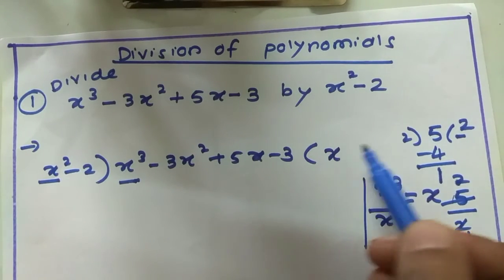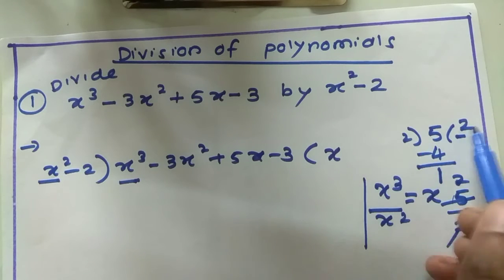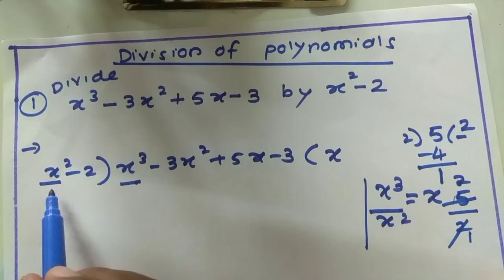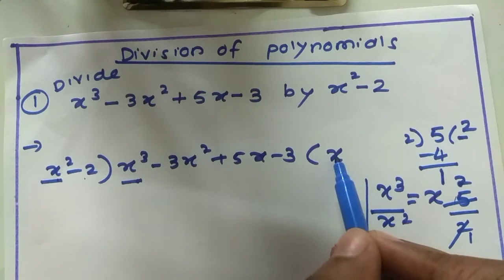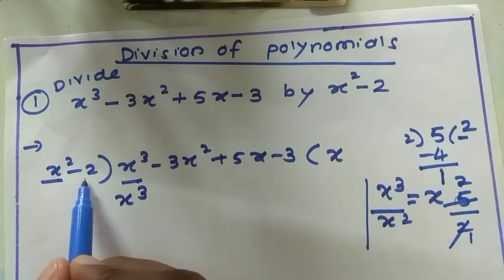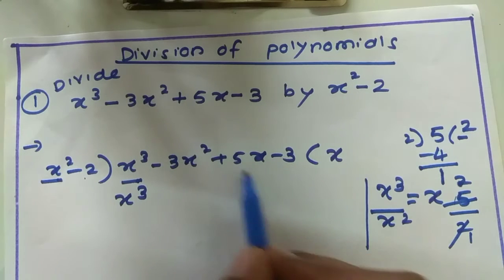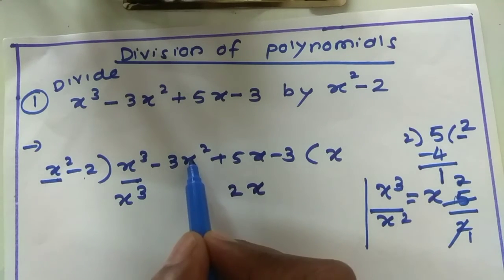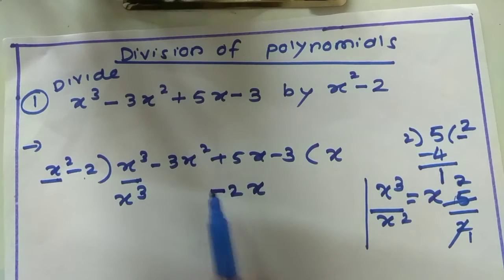This term in the quotient will multiply with the divisor and we will write it here. Earlier only one term was there in the divisor, so 2 twos are 4 we did. But here there are two terms, so x square and minus 2 both we have to multiply with x. So x into x square is x cube. X into 2 is 2x. Write that below like terms only, so x into 2 is 2x, and plus minus is minus.